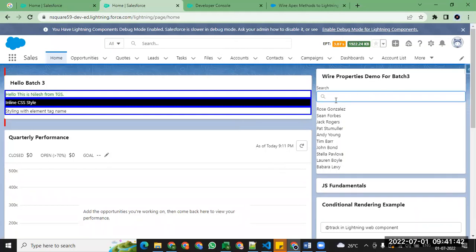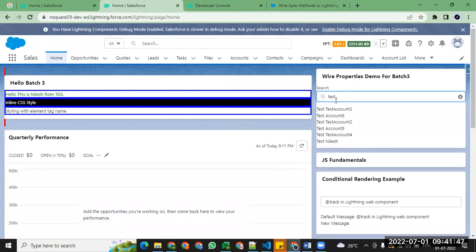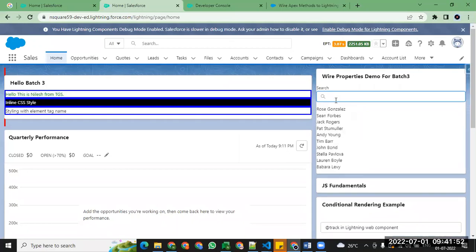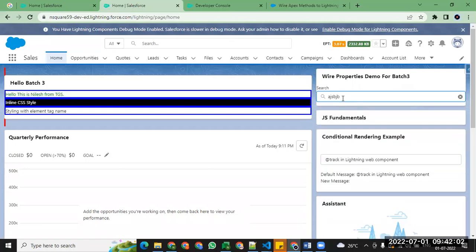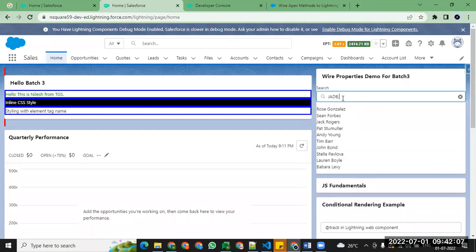Now let's see these contacts getting sorted. Meaning whenever any changes happen to your property, that particular method, the wire method, will get automatically called, and it will fetch data for you, or do as per your logic at the back end, like